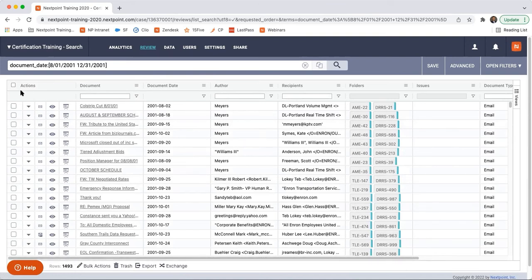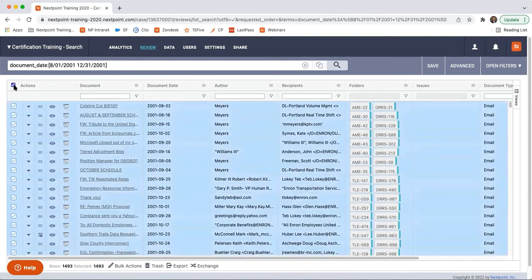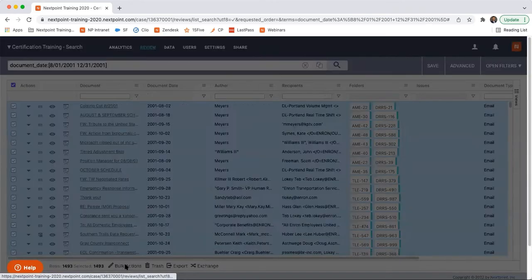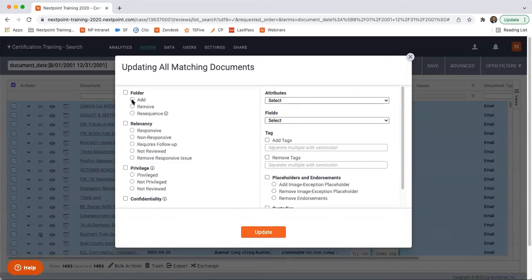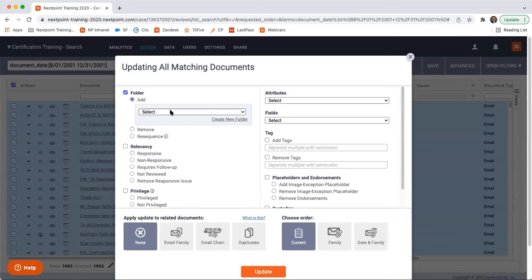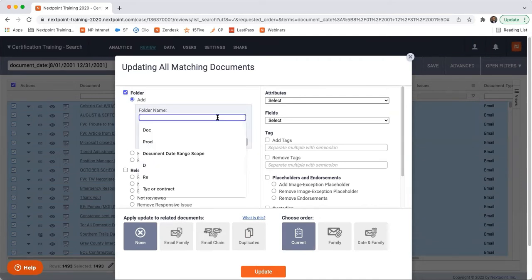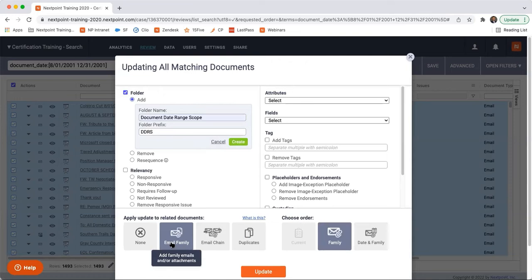And so maybe at this point, I would want to take all of these documents. And if you recall how to bulk action, we can go ahead and click on this and add them all to a single folder. Again, we're tagging them to a folder. We're not making any changes to the documents themselves, which would be done right here if you wanted to do it via bulk action. But you could create a new folder and say, let's name it document date range scope, and include any email families,